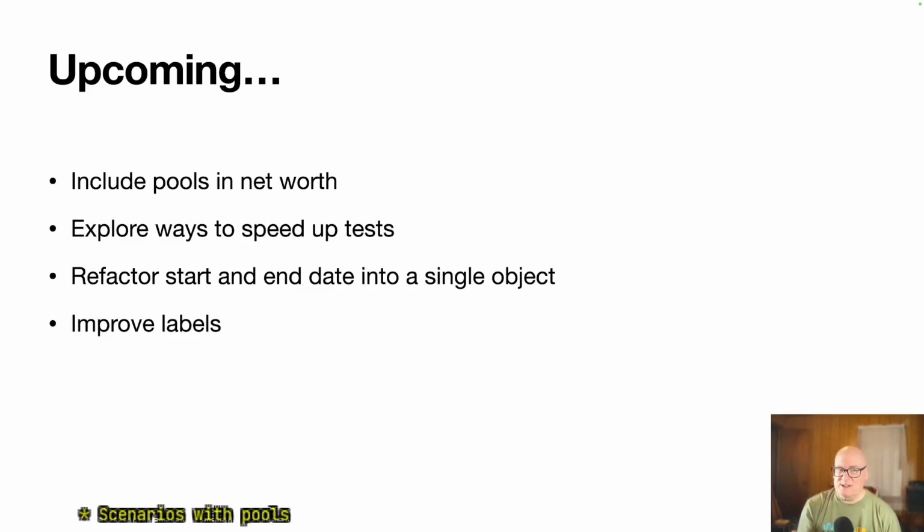Okay, then I mentioned we had the start and end date. They probably could be a single object, and we have at least one method that uses the intelligence from them. And finally, there are places I'd like labels to be better. So I mentioned I have an icon, but I don't really say asset or liability or whatever, and I've messed that up at least multiple times today anyway. So we want to tweak things here and there where we can to make those better.